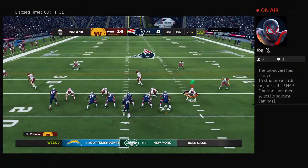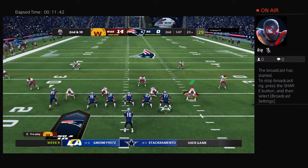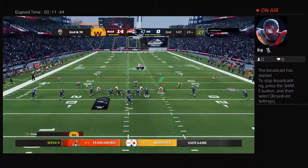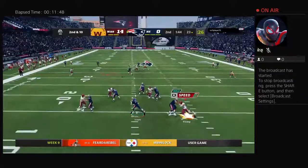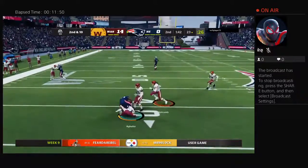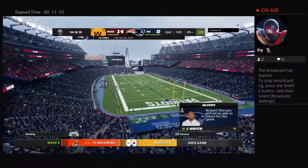So now 2nd and 10 after the incompletion on 1st down. To throw again, Jones. It's complete left side to Aguilar. And down he goes, but he takes...